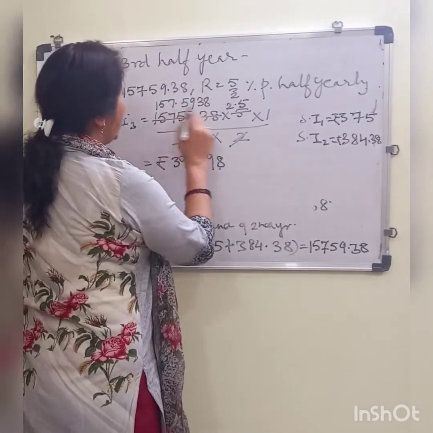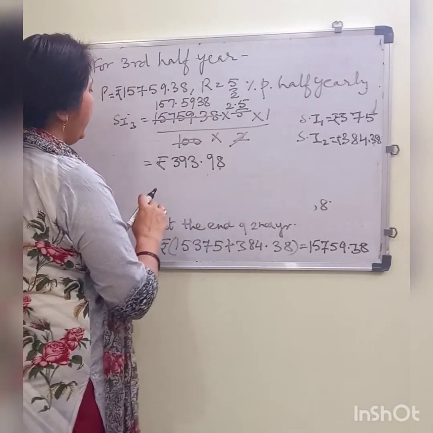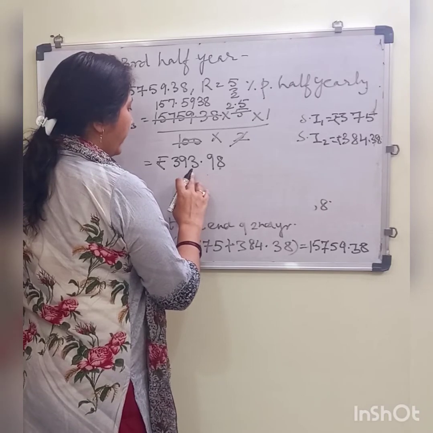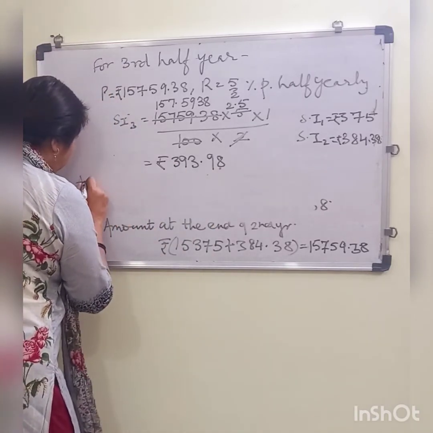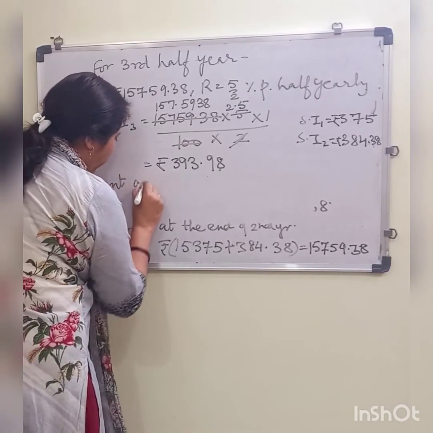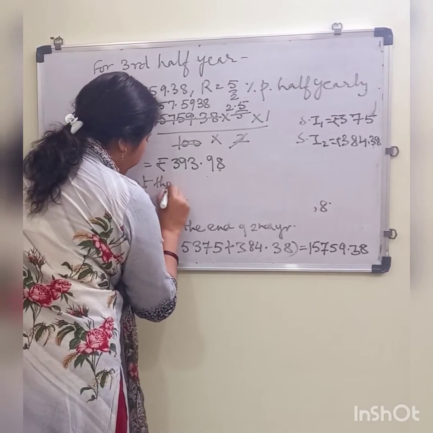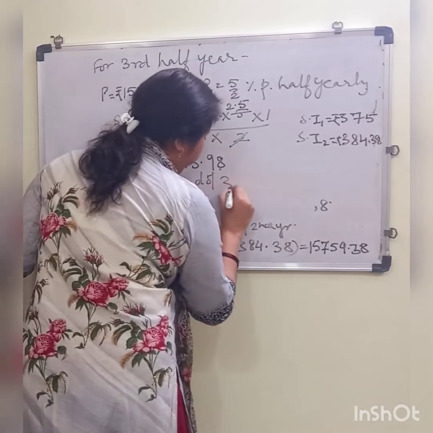Now when you multiply, your interest for the third half year will be rupees 393.98. So amount at the end of third half year,